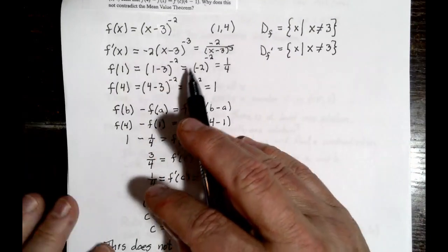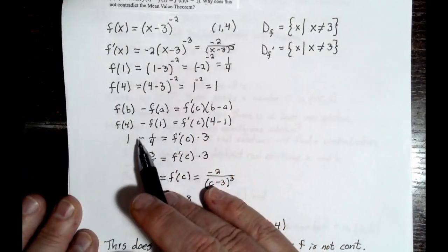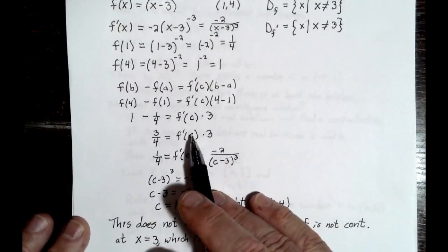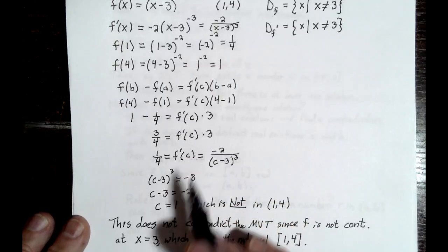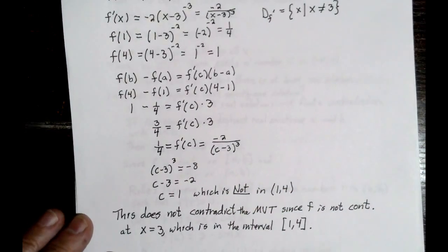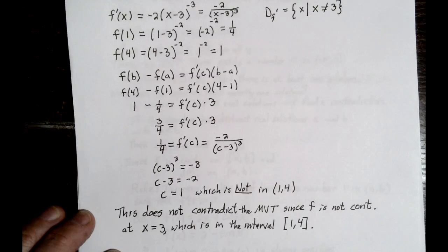So now if you're going to do that, you need to know what the endpoints are. You need to plug them in. Plug in a c for f prime and reduce it down. And you get that it doesn't contradict because the